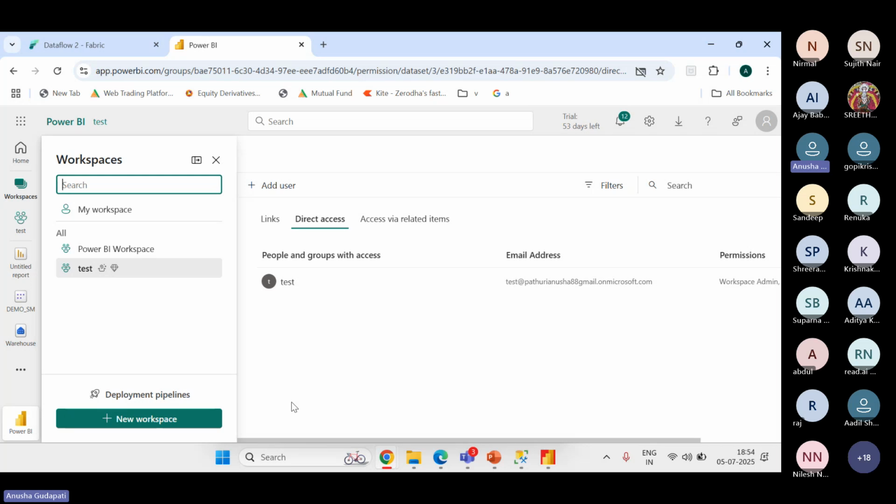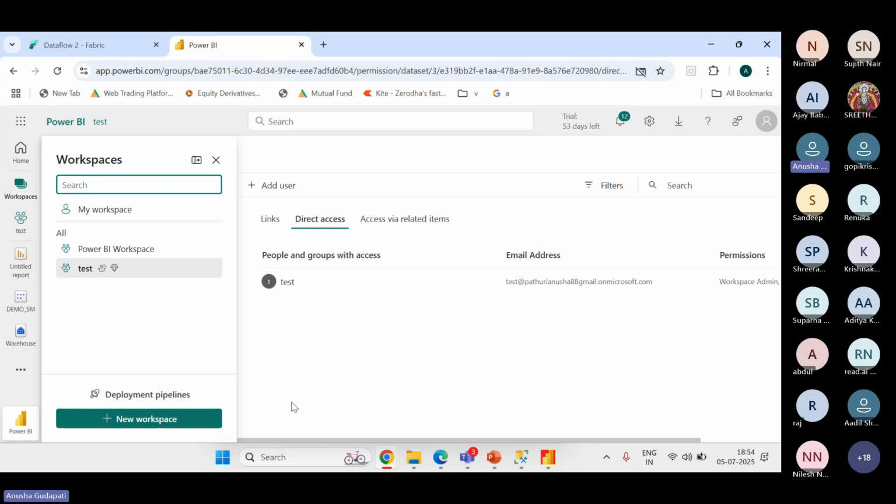Then there should also be a separate workspace which should only have your data. That is your lakehouse, warehouse, or basically all your bronze, silver, gold layers. The third being a workspace which might have only that final semantic model or the Power BI reports